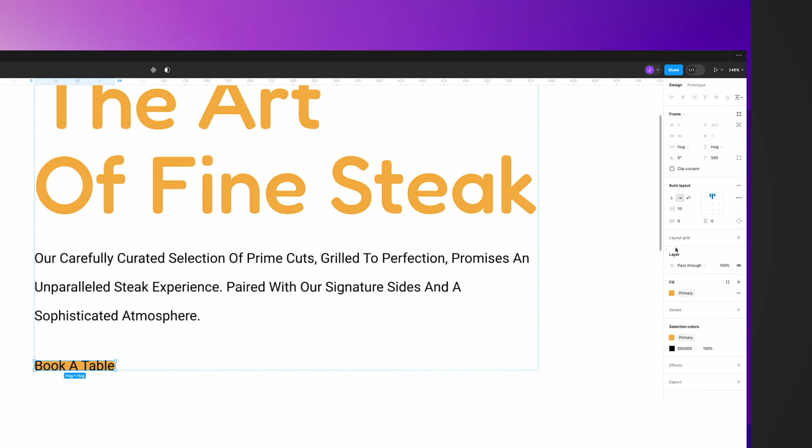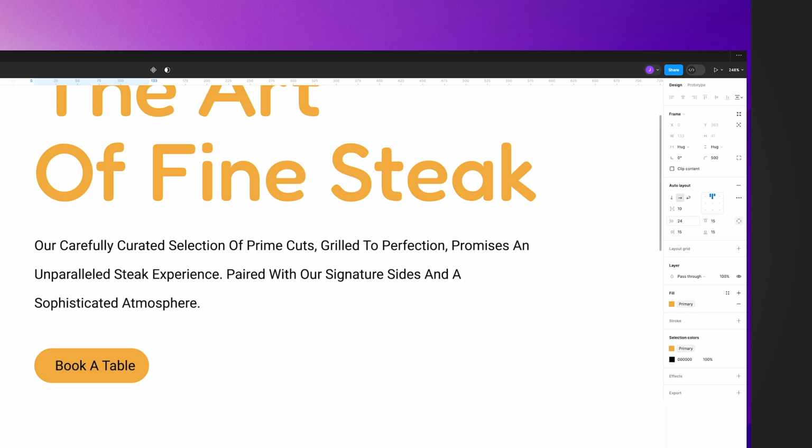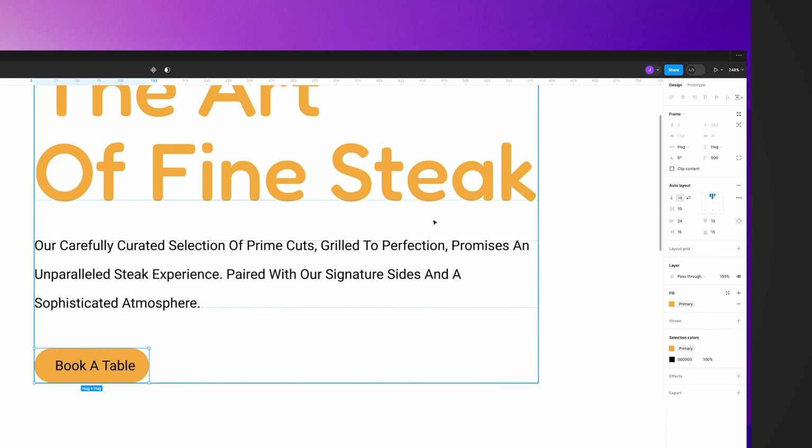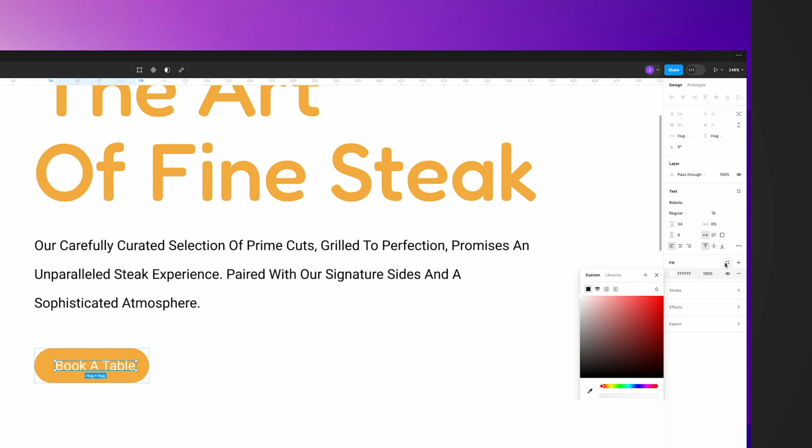Now that we've done that, the next step is to give it a little bit of padding. So I'm going to change this to 15. We will change the left side to 24, and I'll show you exactly why I do that. Once that's done, we're going to select book a table, and I'm going to change it to white, and let's